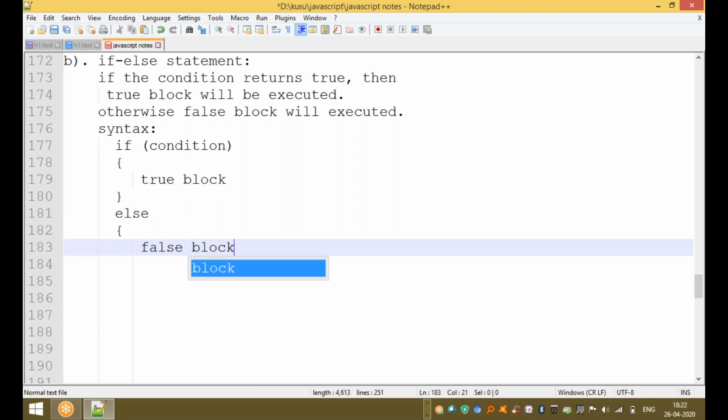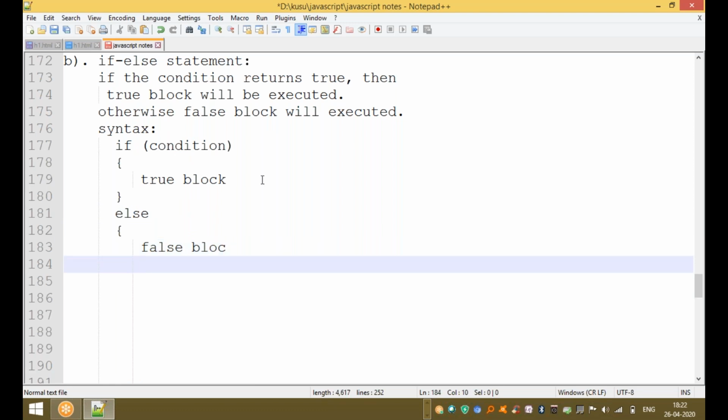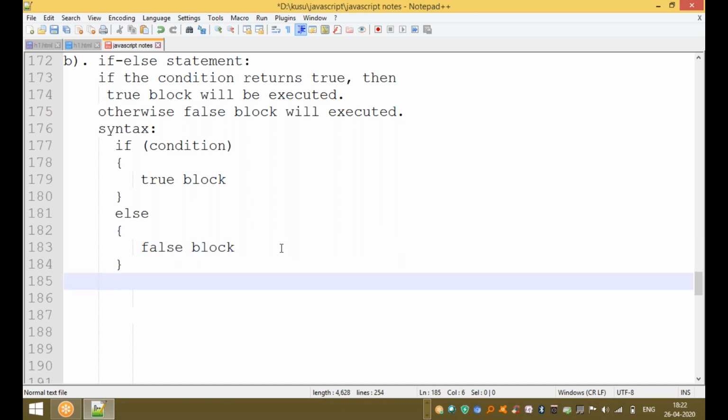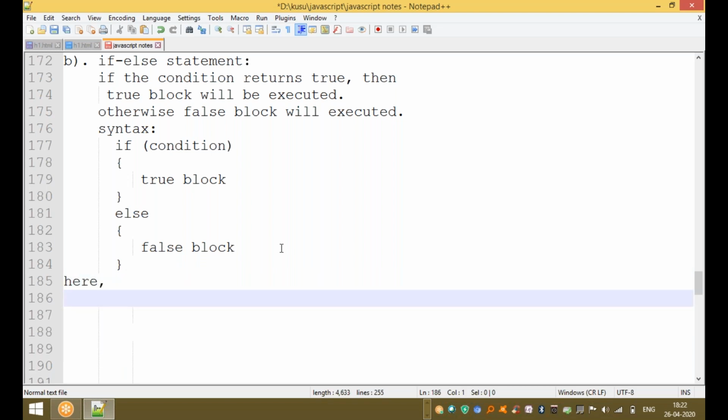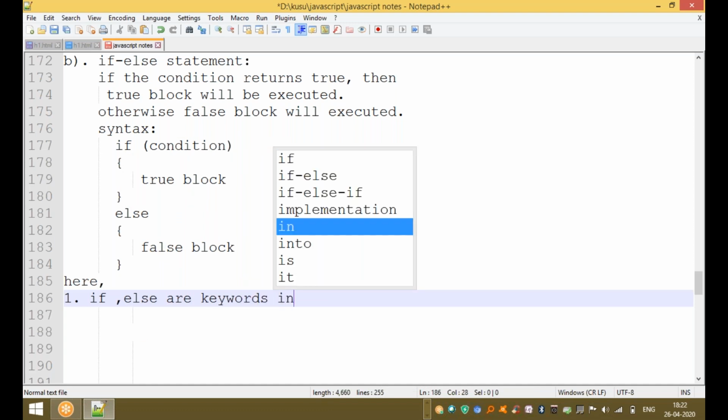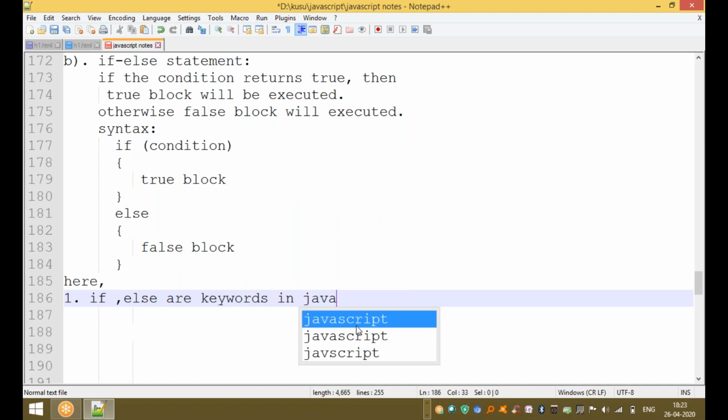Based on the condition, this condition returns false. Here, what is true and what is false? if and else are keywords in JavaScript.